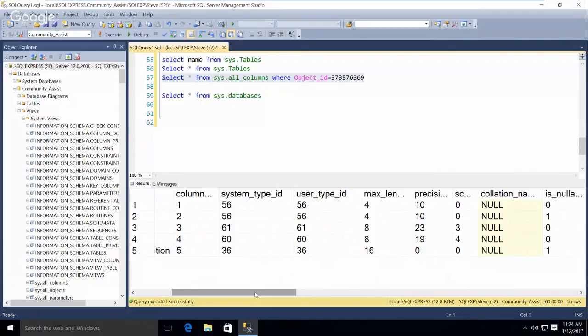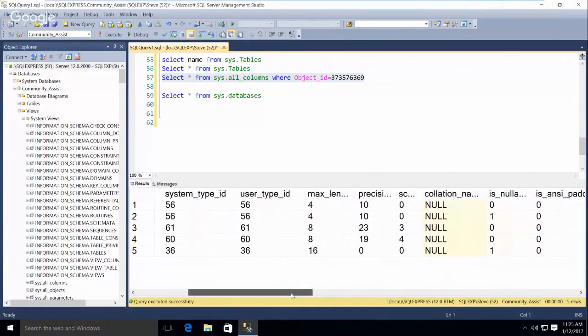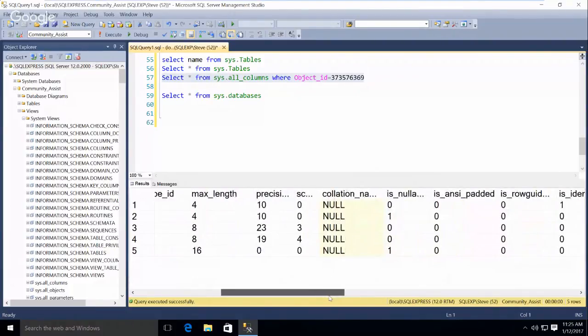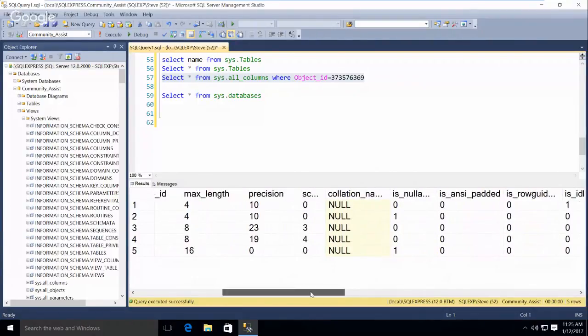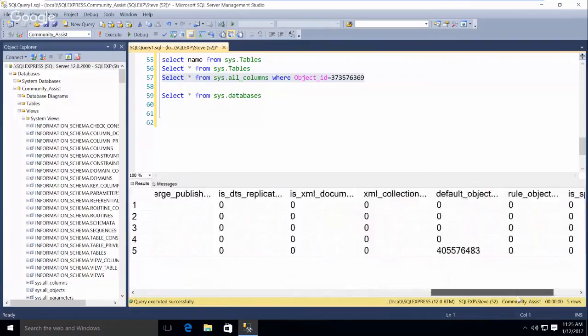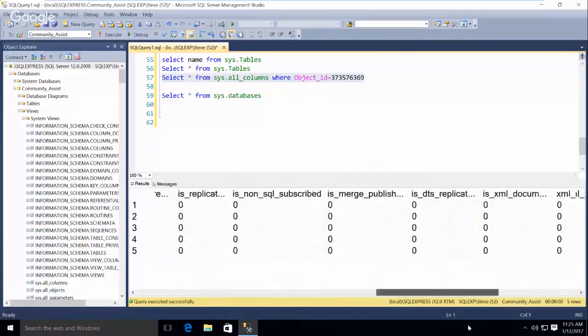I don't know if there are so many data types, but you can define your own. Typically, when you define your own, though, it is some variant of an existing type. But there is an ID for that. Maximum length, I assume that's in bytes. Precision, I assume in digits. Then there's data confirmation.